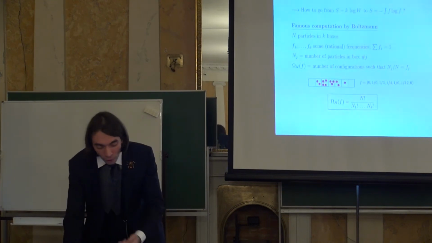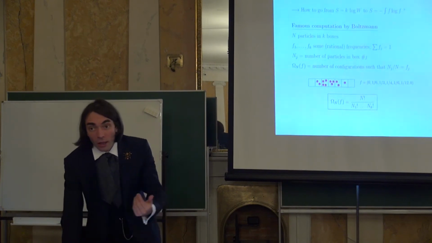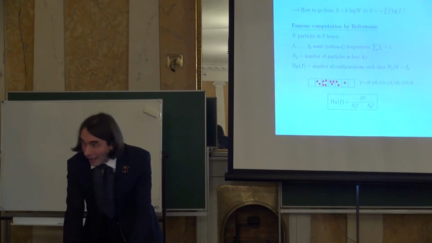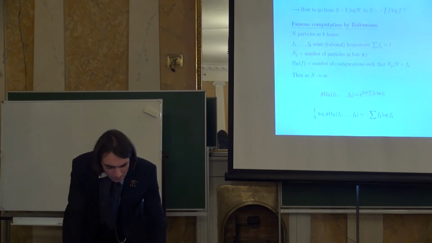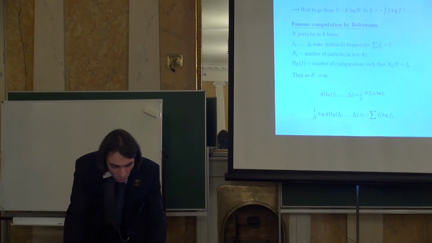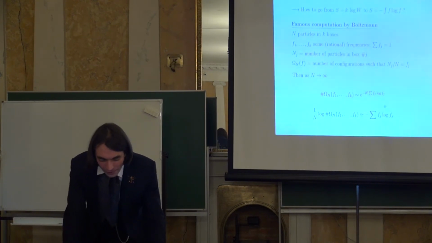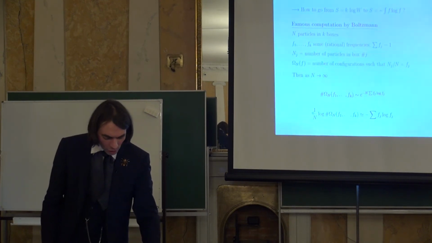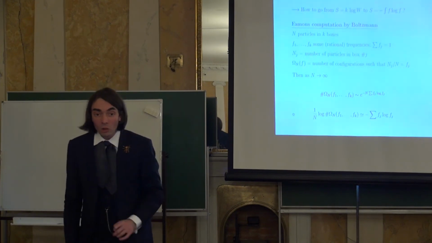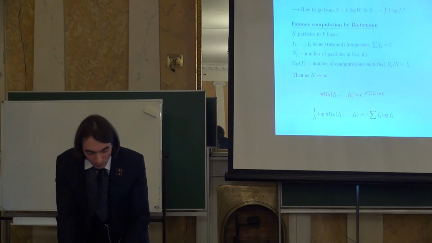To apply the Boltzmann formula, you take the logarithm and you pass to the limit as n goes to infinity. And if you do a bit of analysis, for instance with Stirling's formula, although it's not the only possibility, you will find that 1 over n times the logarithm of the number of possibilities behaves like minus the sum of fj log fj. This you should think of as like k log W. And this is the key to obtaining this general formula by Boltzmann.